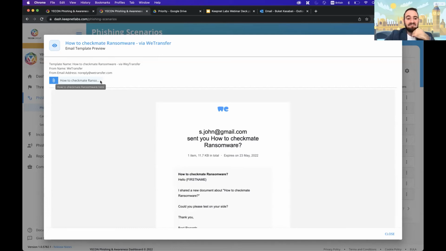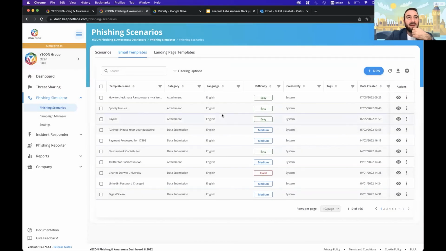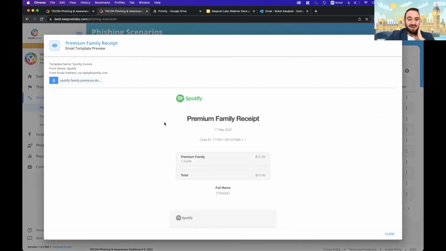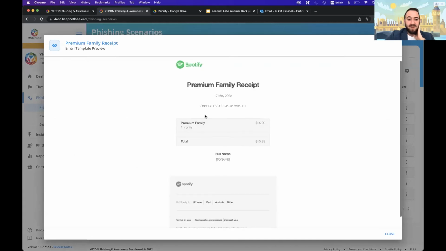Basically, cybersecurity awareness is more about helping users understand email-based attacks easily with the Phishing Simulator. What you could do, for example, there is a Spotify invoice template. If you go and preview this email template, you can send